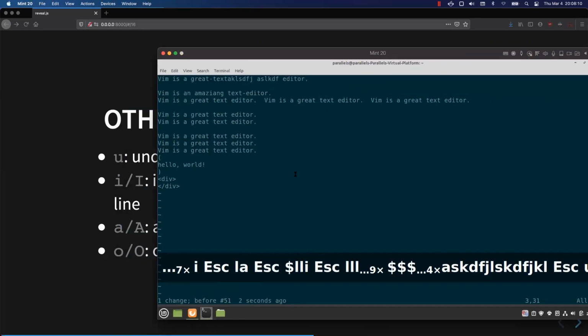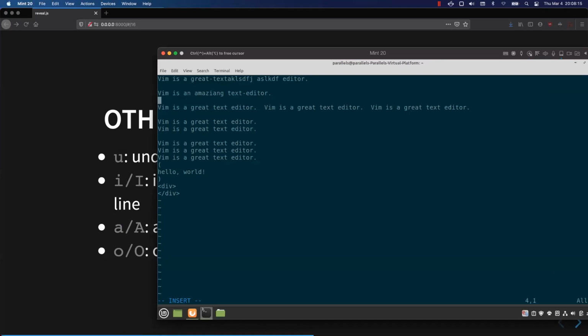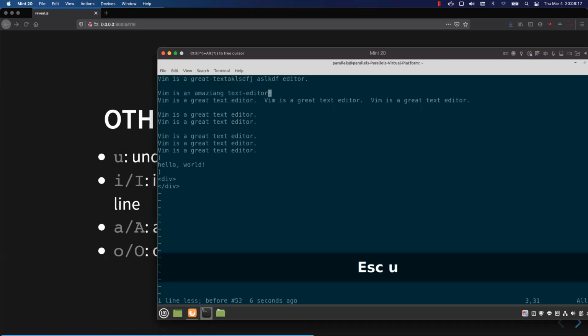And then O opens up a new line. So I use this a lot. If you want to open up a new line below, you can just type O and it'll drop you straight into insert mode. What's also great about this is,